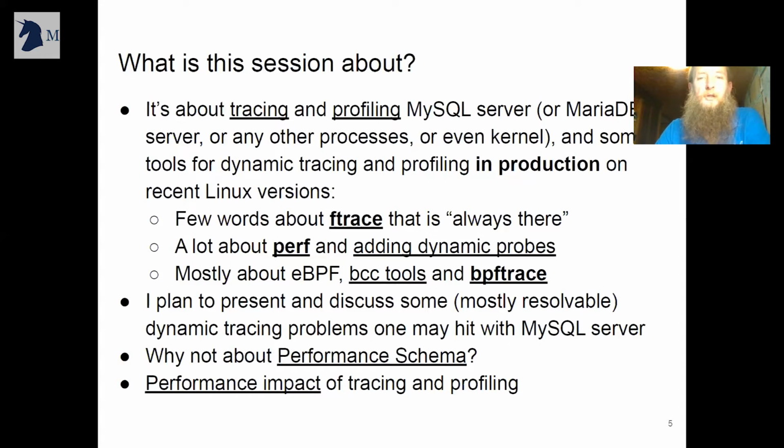so that it can be processed in kernel context, aggregated as much as possible, and written to user space only those details that are needed. For this, Linux kernel developers extended the idea of packet tracing from the Berkeley Packet Filter that was initially used also for tcpdump, which I already mentioned. So the idea was to have a virtual machine that is executed in kernel context, and you write programs for this machine that are executed again in kernel context,